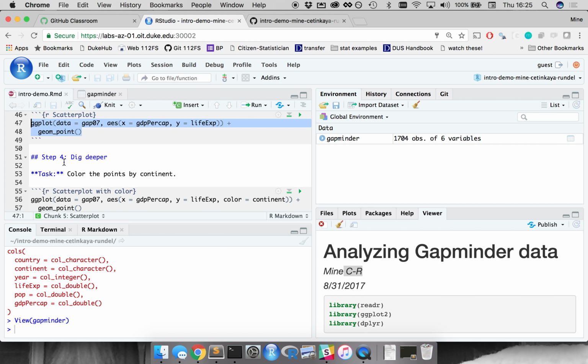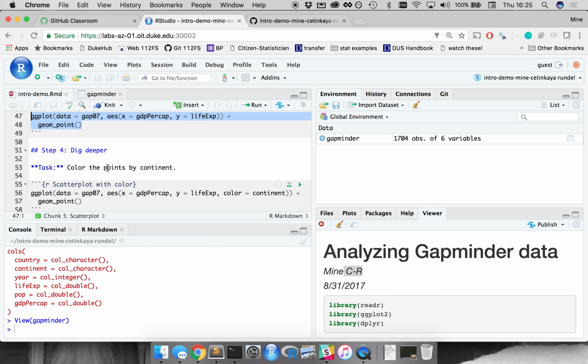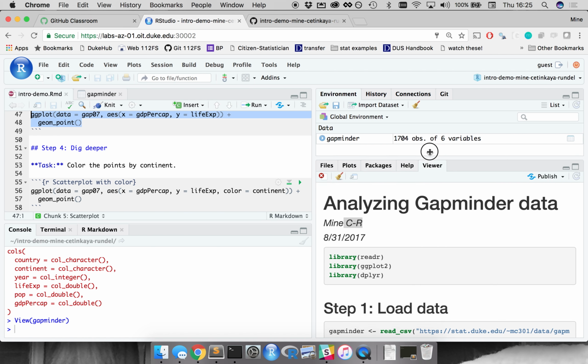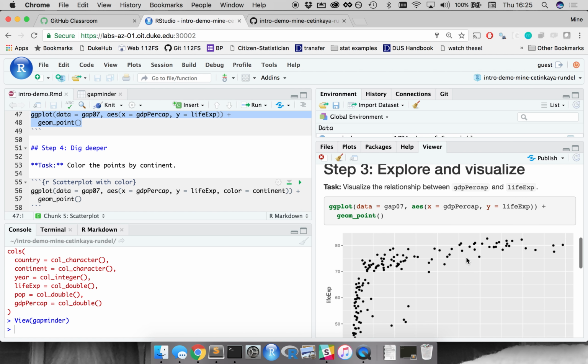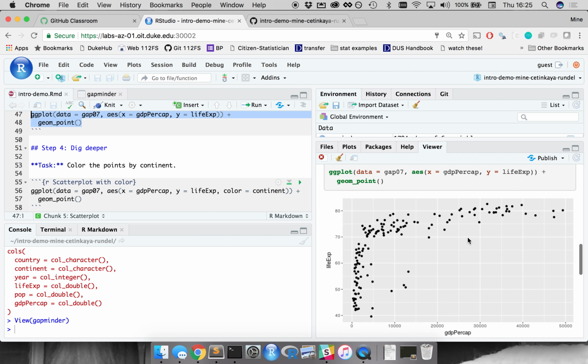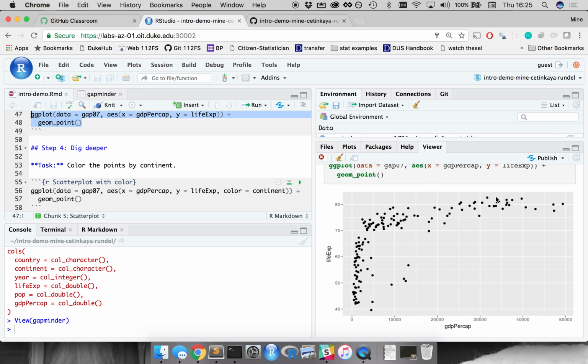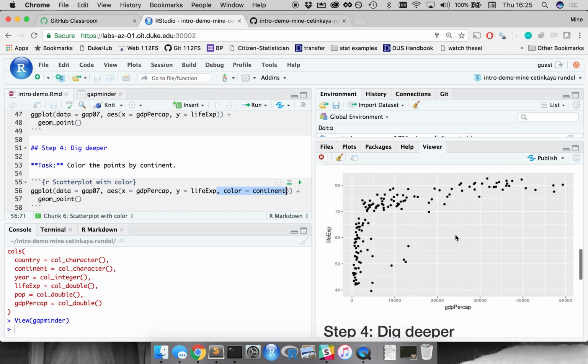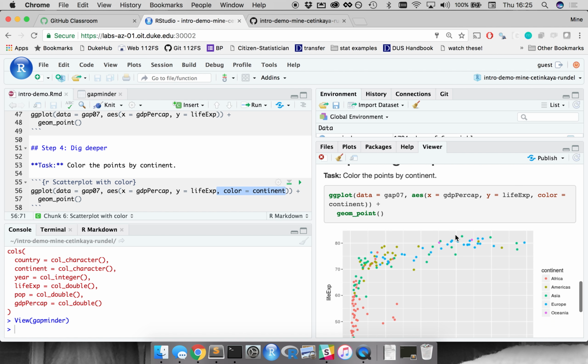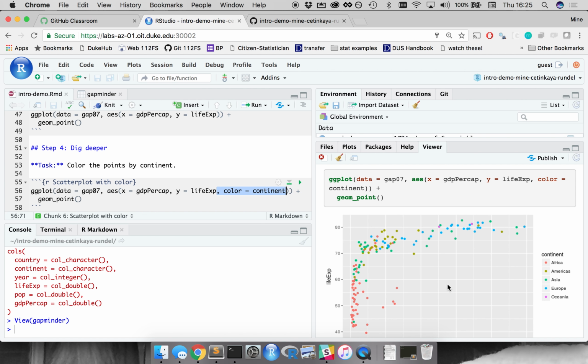And lastly, we are to color the points by continent. So here in step 3, if we take a look at our plot, each country is represented here with a point. They're all in black, all in a single color, so we don't have continent information here. But if we also wanted continent information, we could, instead of just using the x and y variables, also add a variable that dictates the color of the points, and that should be based on the continent. That's the only thing that we changed going from step 3 to step 4,